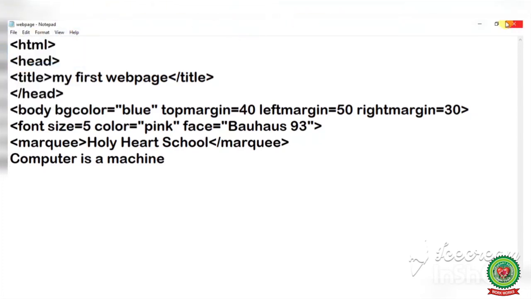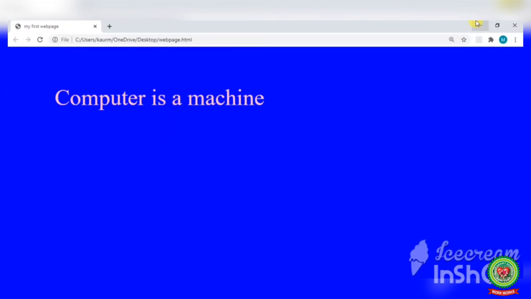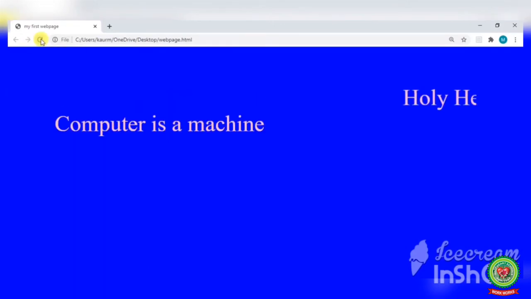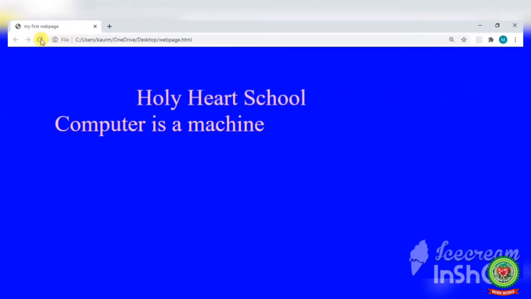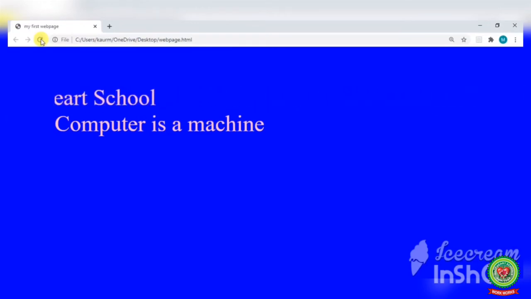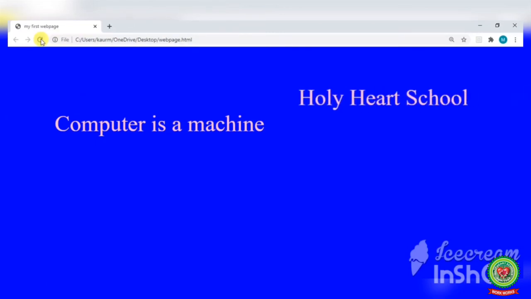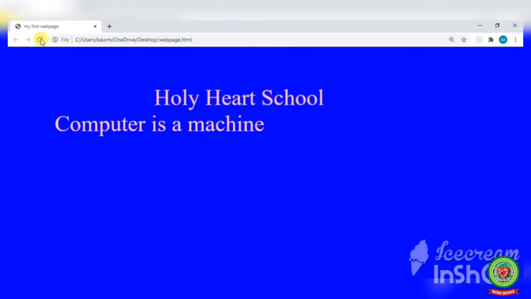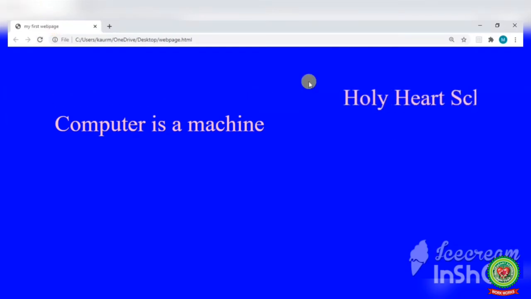Open your web browser and refresh it from here. Students, if you have already opened your web browser, you need to refresh your work. And if you are opening a new one, then there is no need to refresh. See, here you can see the scrolling text on your screen, that is Holy Heart School.